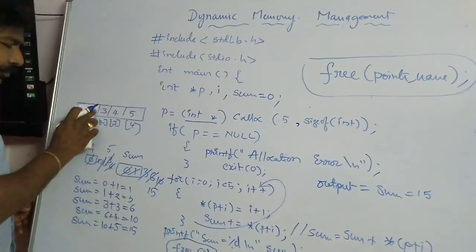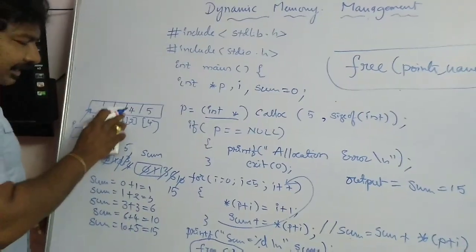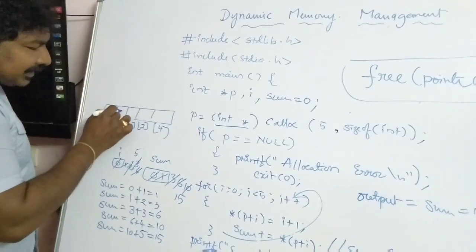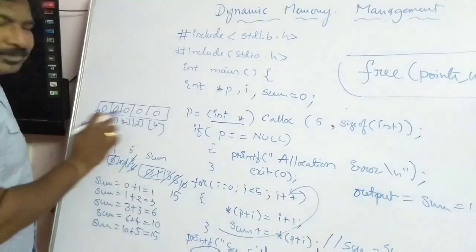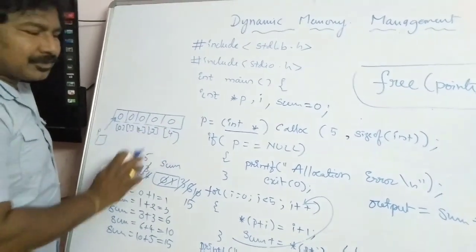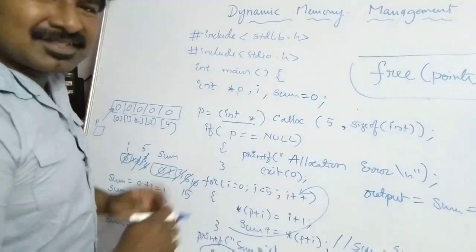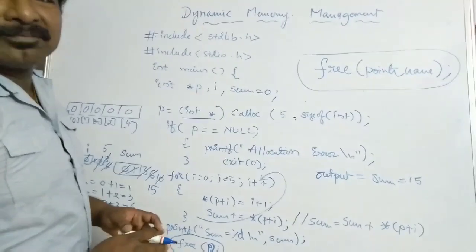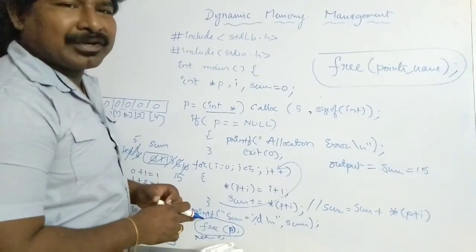That means before storing the values into this array, all these elements will be initialized to 0. That means all the 5 elements will be having initial values as zeros, and the rest of the program is the same as the malloc. So you can create the array, you can put the elements and you can use them to find whatever the logic you want to implement.